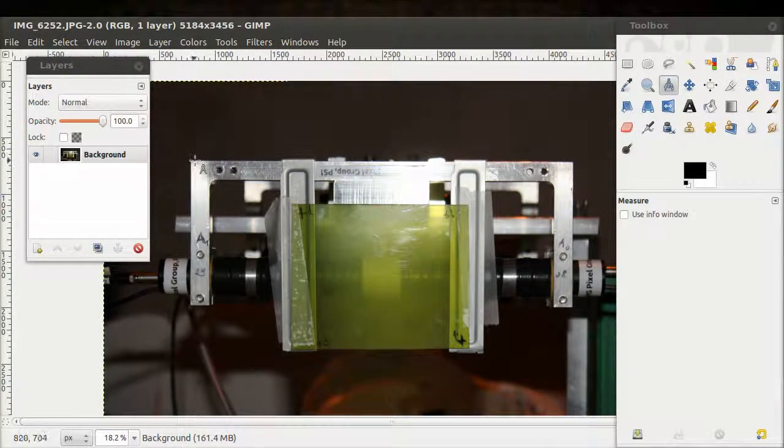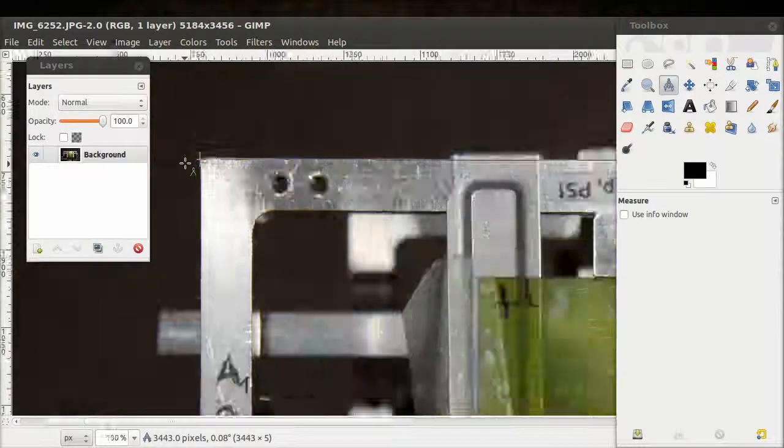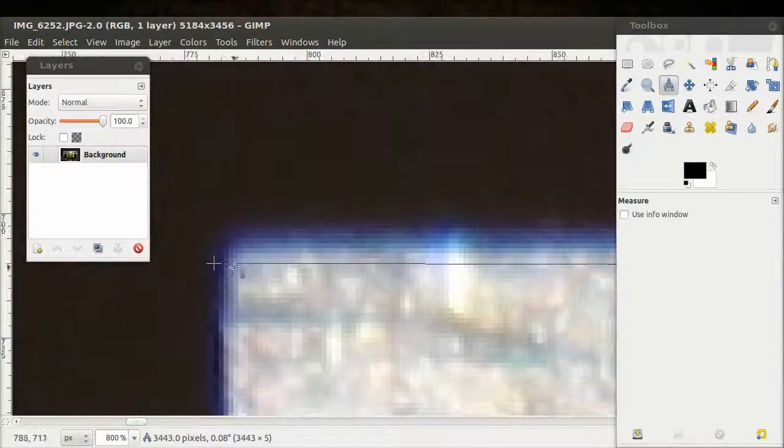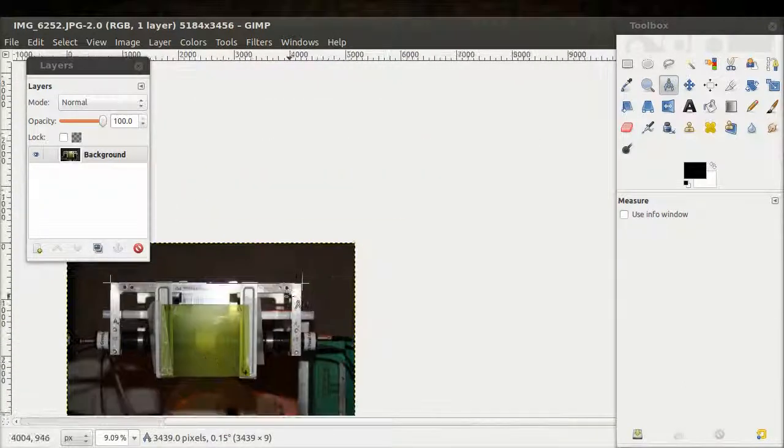This is our reference, the horizontal bar, and these two crosshairs identify the position of the photographic paper with respect to the bar. Again, I drag and drop to draw a line, and this time I will look at this number here, which is the angle between the line and the horizontal of the picture. I zoom in on the first corner, I drop there, I zoom in on the second corner,